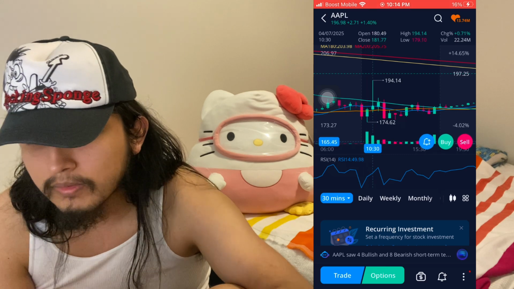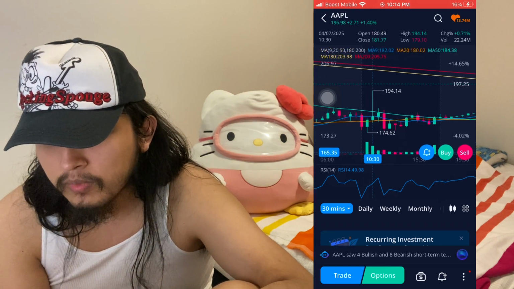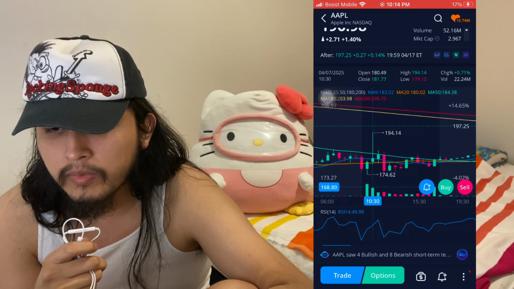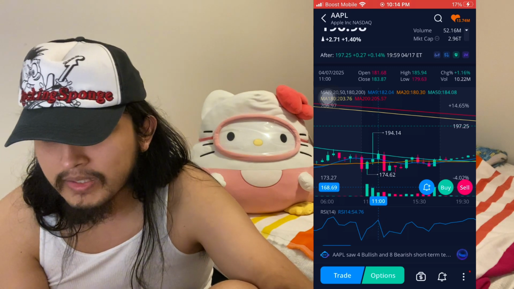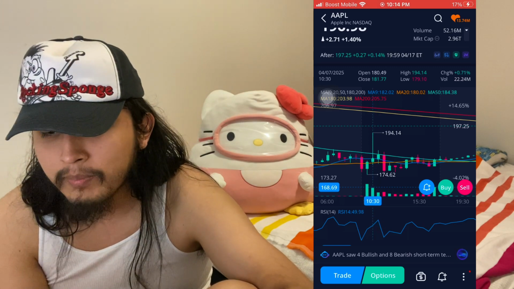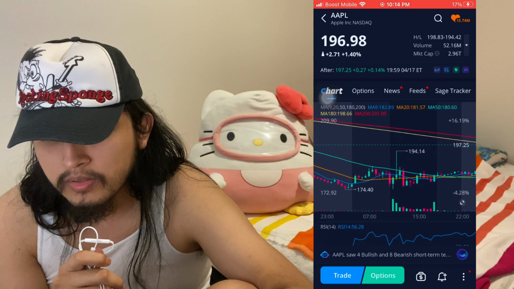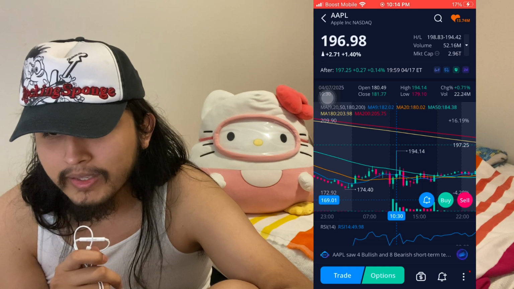At 10:33, as soon as I saw Apple reach or touch the 50-day moving average, I bought a couple of options there. And what happened was Apple saw a big rejection by the 50-day moving average. At one point, that candle was at